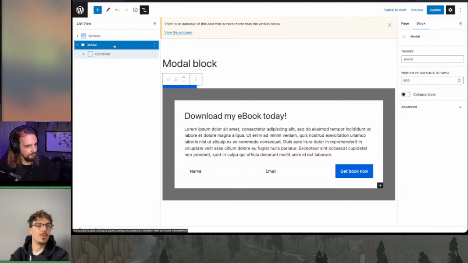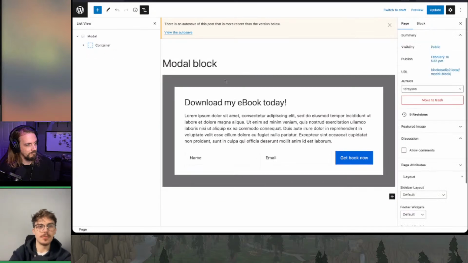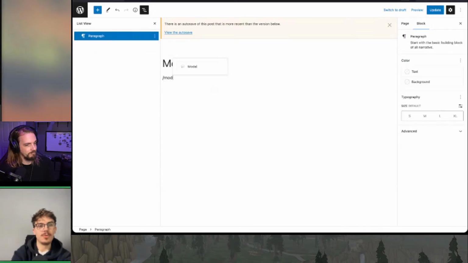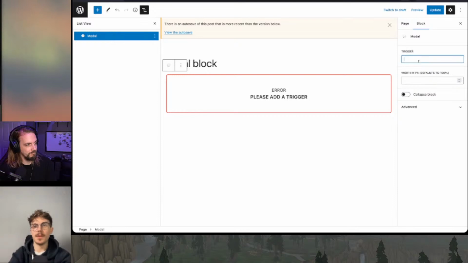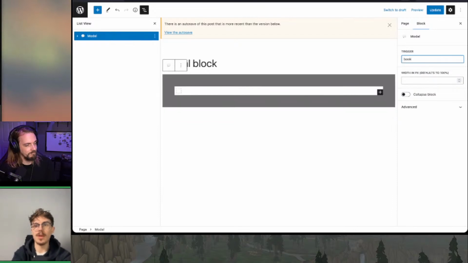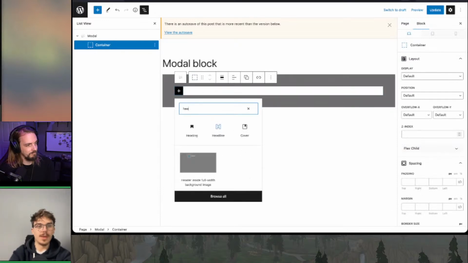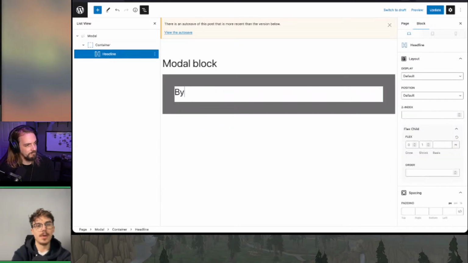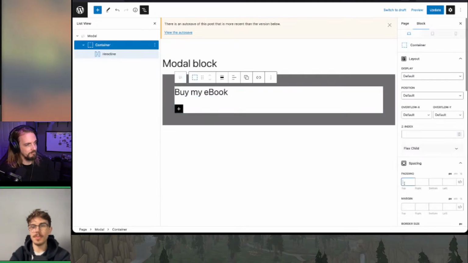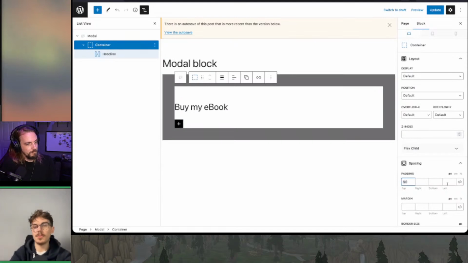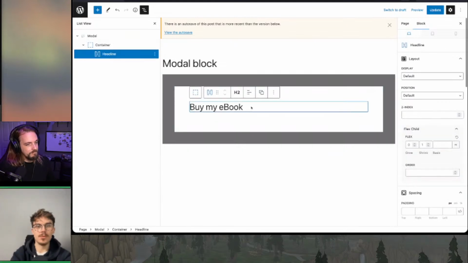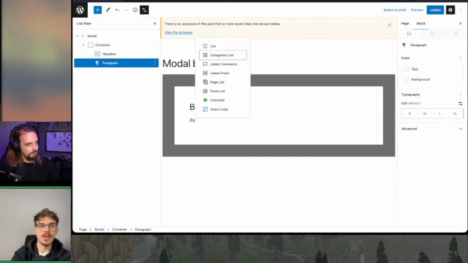So what you do is you add your modal block. So let's start from scratch. So you add your modal block. We add a trigger. So this is the hashtag thing that we wanted. So we can call this book. We'll call it ebook. And then we can add in whatever content we want. So we can add a headline, buy my ebook. I want to put some padding on that quickly. 50 pixels. We can drop some placeholder